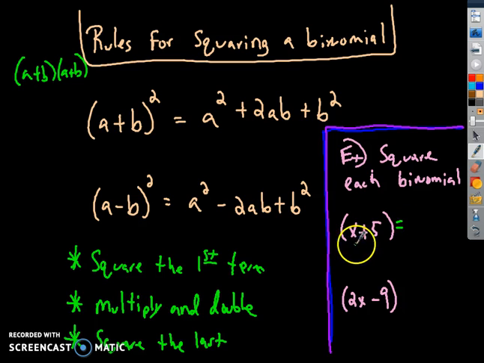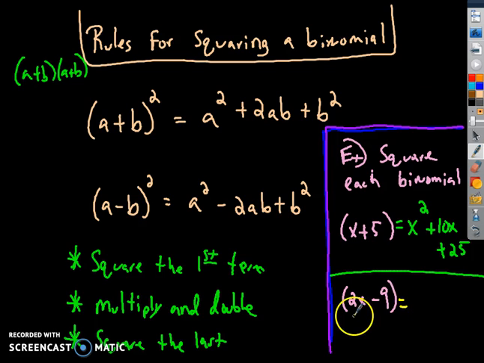The rule says square the first, multiply and double, square the last. So if I square the first term, it's x squared. If I multiply those together, it's 5 times x, so it's 5x. Double it, it's 10x. Square the last. Whatever that number is, you square it. So 5 squared is 25. So that's what that would be. And the one beneath,